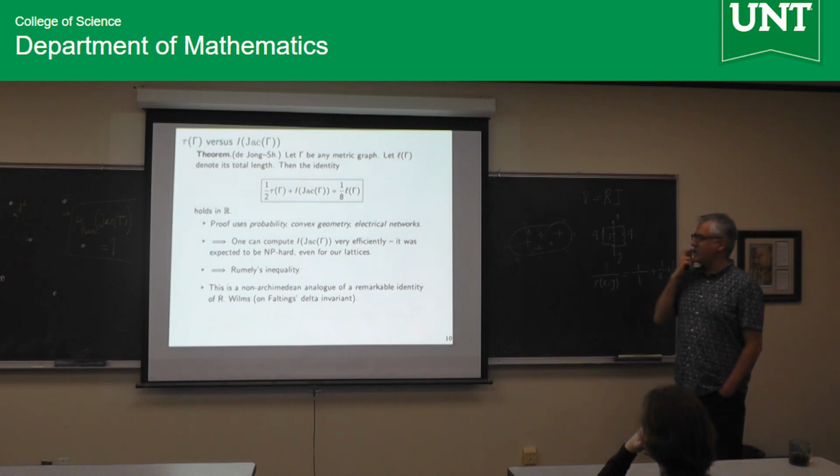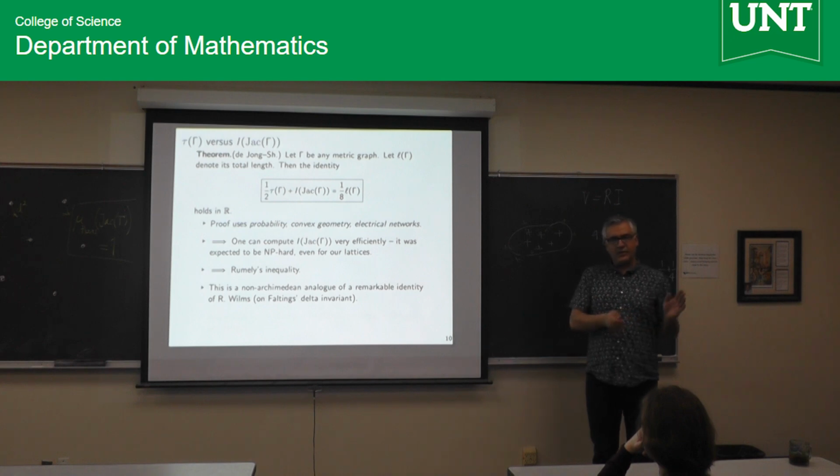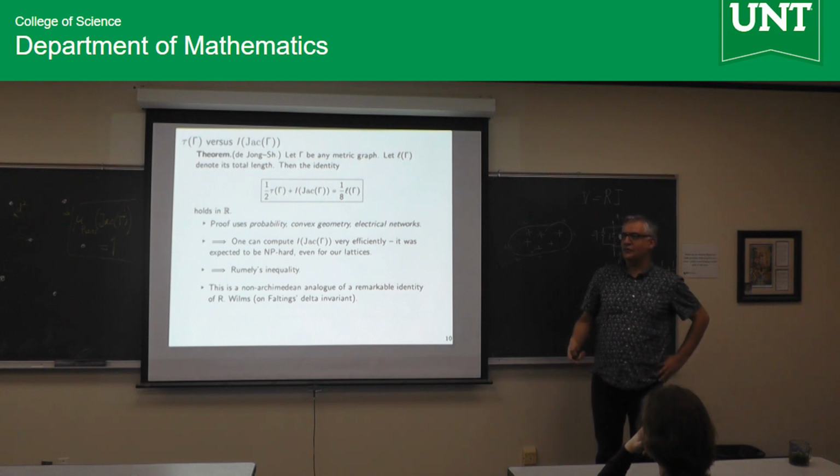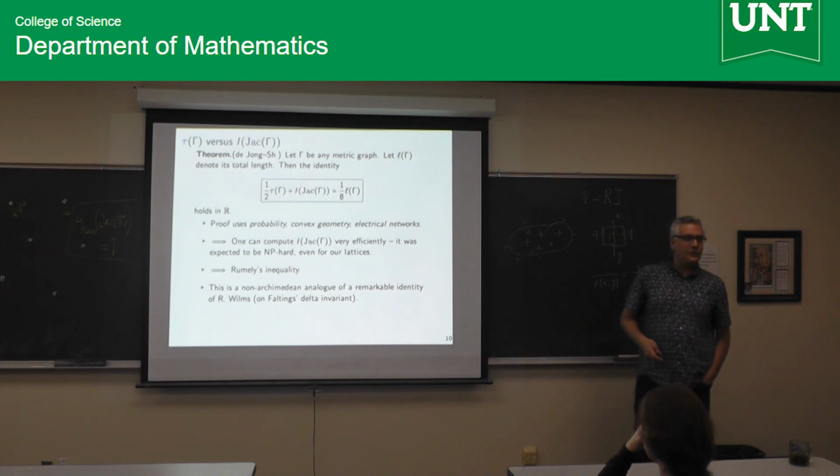Romney's inequality is a consequence. But let me tell you, historically, we were led to this by the work of a colloquium geometer, a Ph.D. student of Faltings, who, under this analogy between Riemann surfaces and graph theory, was doing something about Riemann surfaces, and then we took that and said, what does it mean for graphs? What would be the corresponding statement for graphs? So we wrote this down, we completed some examples, and it was correct. Then we only had to prove it.